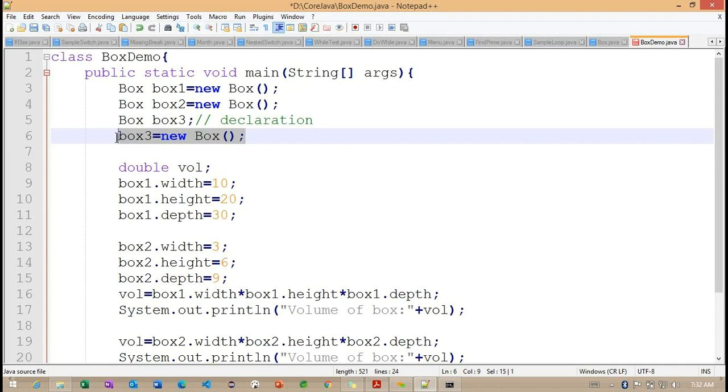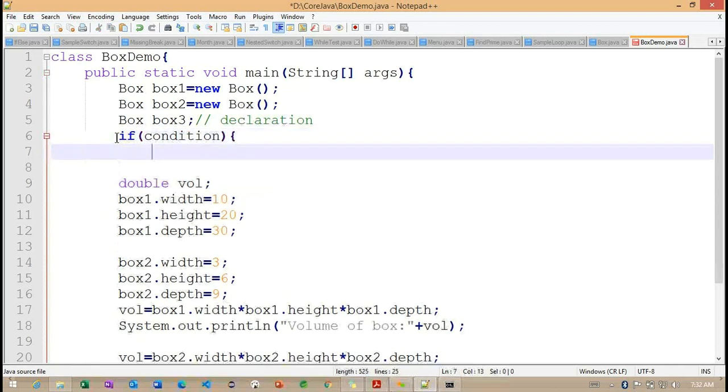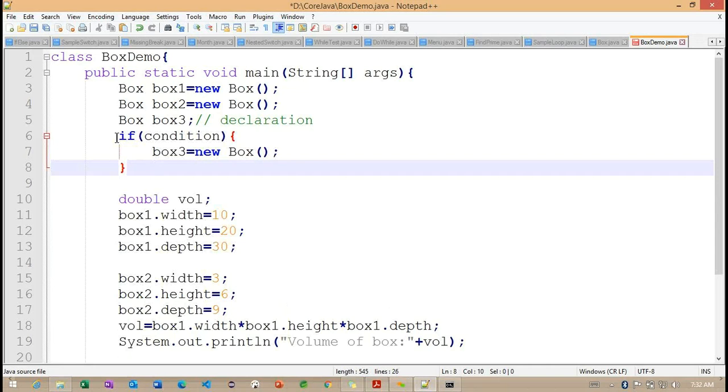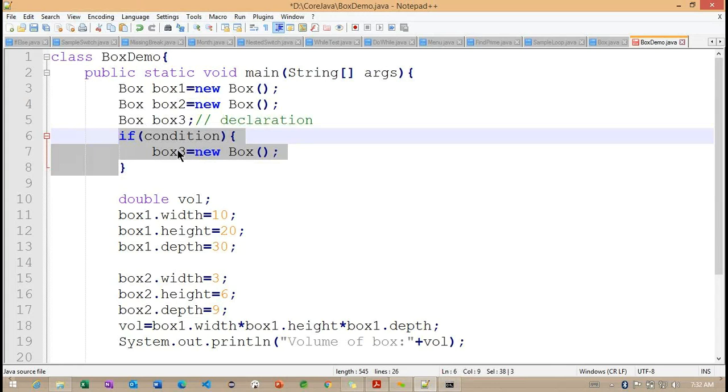So now what you are understanding is, this section we can define inside this condition and then close the condition. We are not going to get any errors because we declared this object reference outside of this conditional block, right?